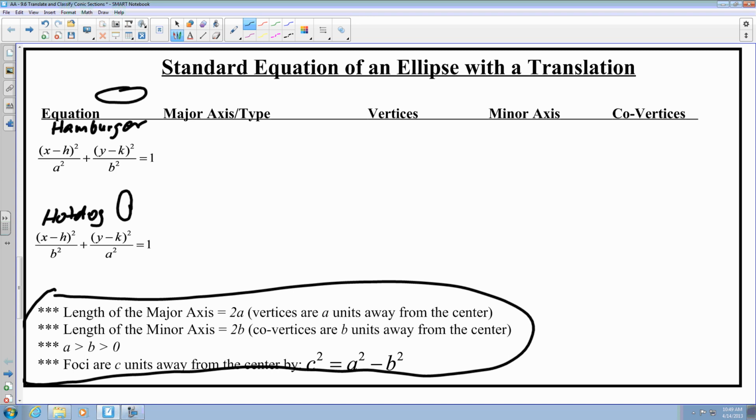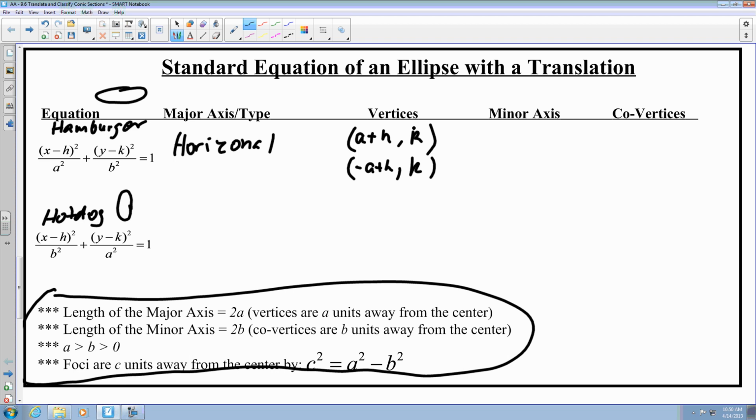So the major axis here is considered the horizontal, and the vertex, before, was dictated by the value of a, so it's going to be a, but then we have to add whatever h is going to be, comma k, and then the other vertex would be what? Negative a plus h comma k,